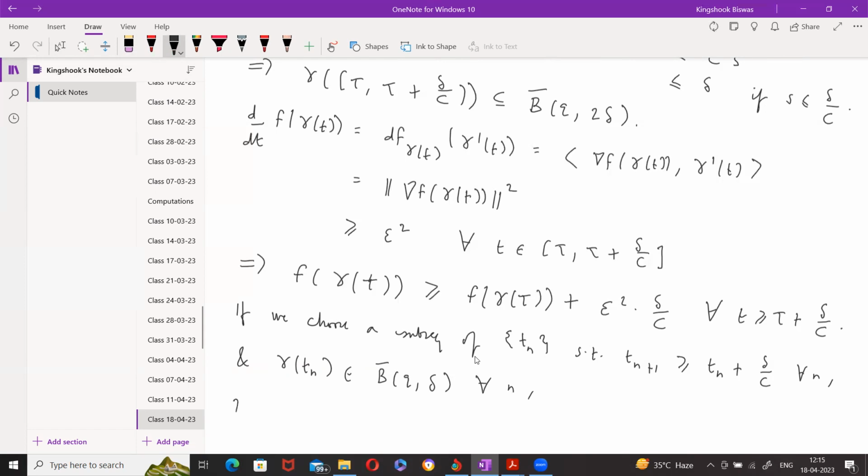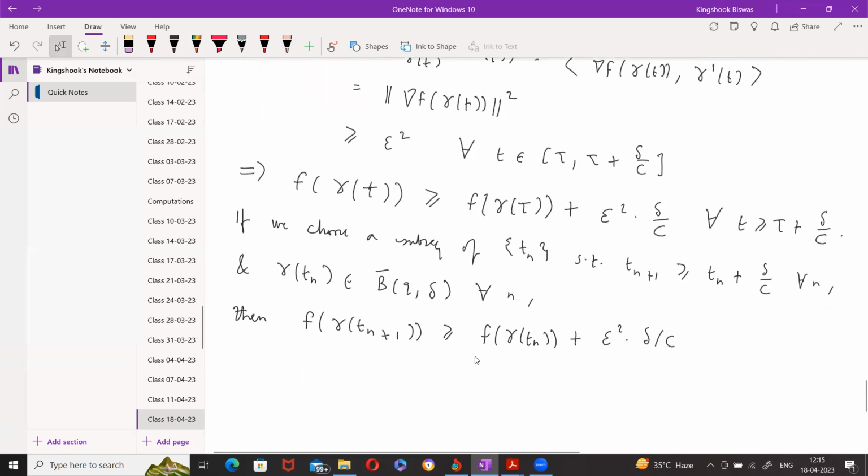Okay, so then f of gamma Tn plus 1 is greater than or equal to f of gamma Tn plus epsilon squared delta by C,